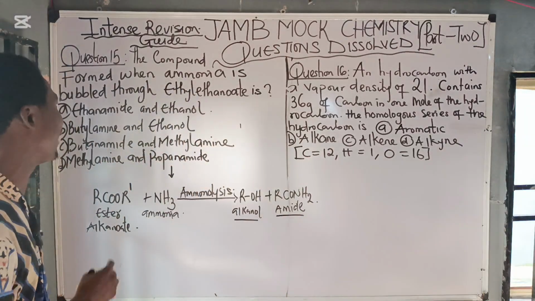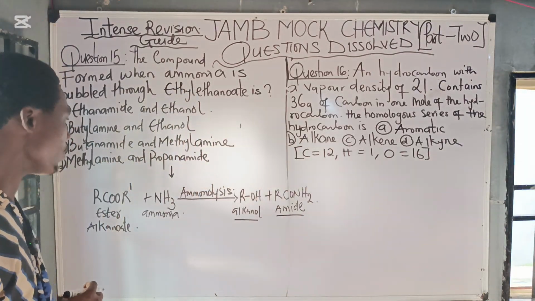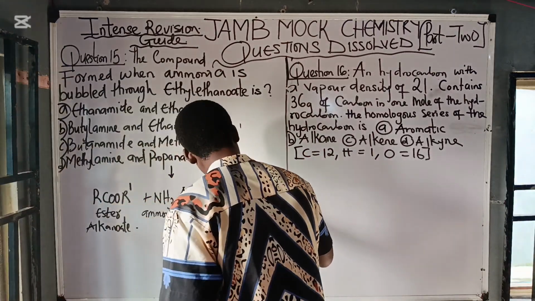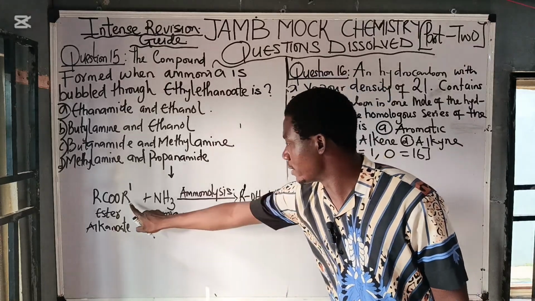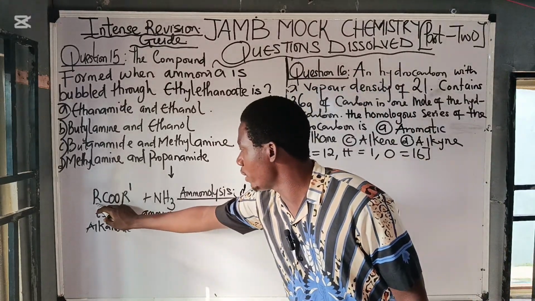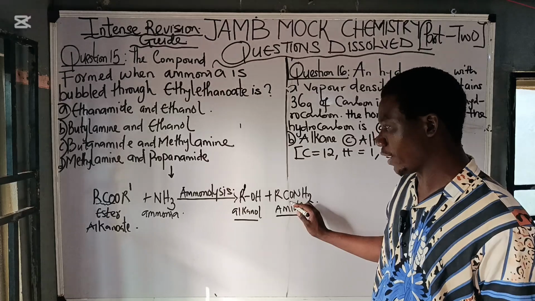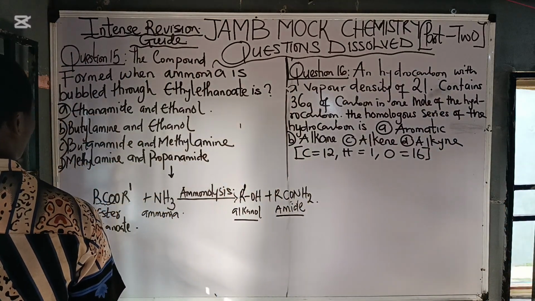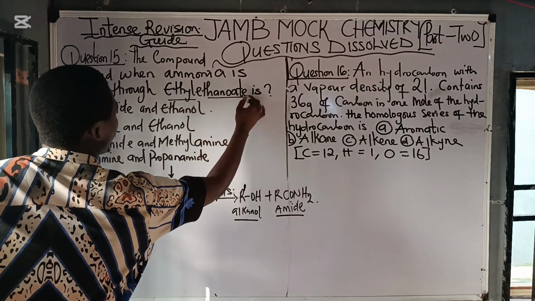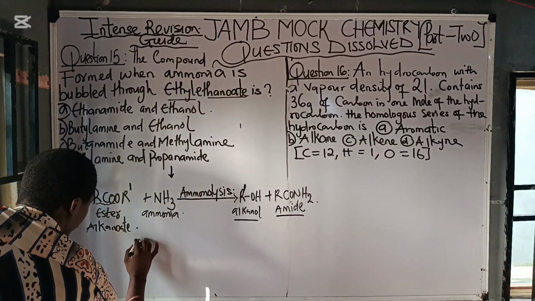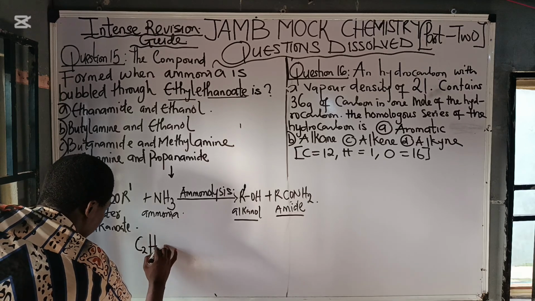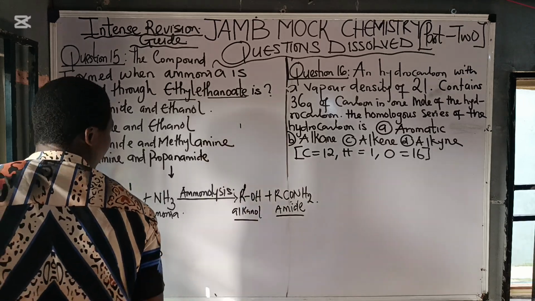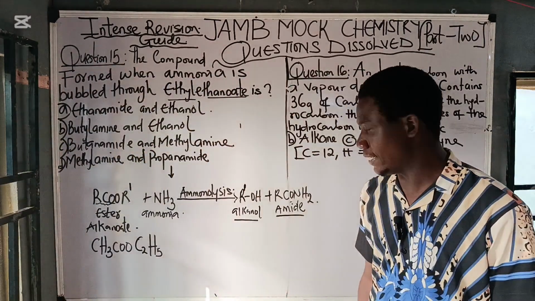Now you must understand something. Let's draw the chemical compound here. Before we draw the chemical compound, look at this R prime. This R prime belongs to the alkanol here. Take a look at this. The R prime is for the alkanol, while the other part belongs to this. Please don't forget that. So in a chemical reaction where you have ethyl ethanoate, if you want to write an ester, you begin from the end: ethyl, then ethanoate, CH3COO, ethyl ethanoate